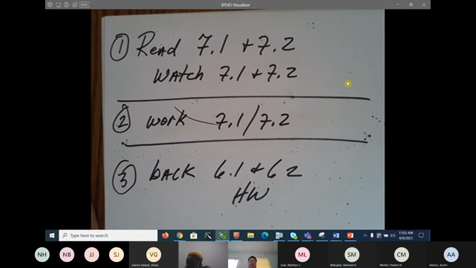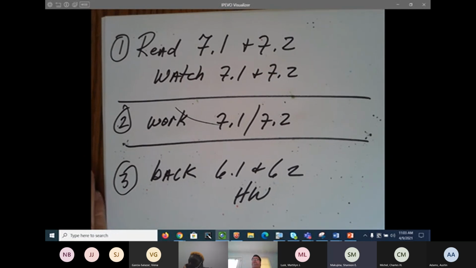Bright-eyed and bushy-tailed. Did you ever figure out how to do it on Excel? Huh? Did you figure out how to